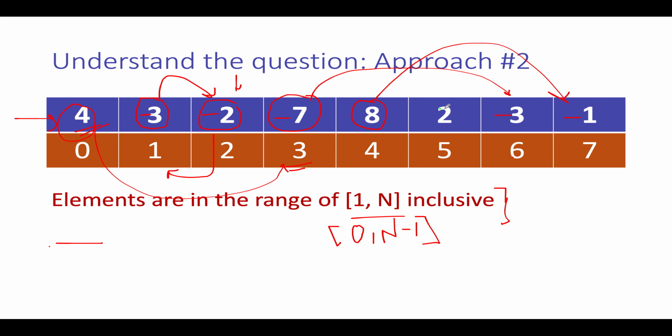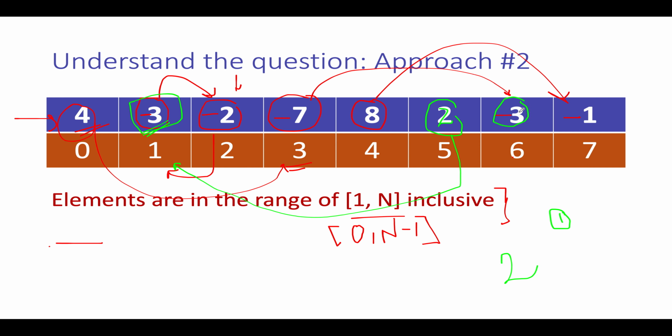What we are going to do, next we see is 2. We will subtract 1 from it as usual, and what index we'll get, 2 minus 1 is 1, and we will jump on to 1, and what do we see? That the element has already been negated. Since it was negated in the past, it signifies that the current element is getting repeated. So as soon as you see that the element that you are trying to negate has already been negated in the past, you simply add it to your result. So this simply gets added to your result. So 2 gets added.